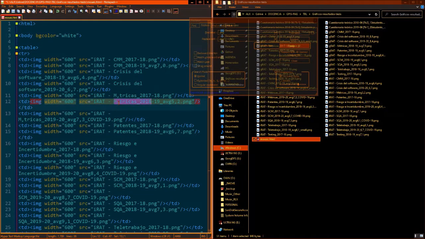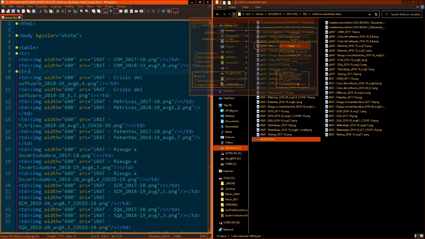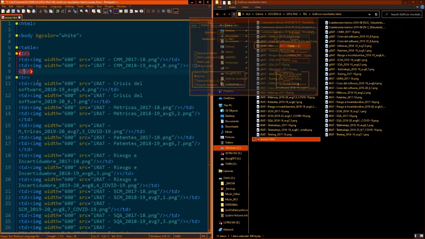I still have to fix a few things like these letters. There should be an E here instead of an E with a tilde. This was just done by using the dir command as a shortcut. So I have to do some fixes. But anyway, I need to split this into rows. So the rows would separate the different types of exercise. So I have two exercises for the capability maturity model, two for the crisis, two for metrics, and so on.